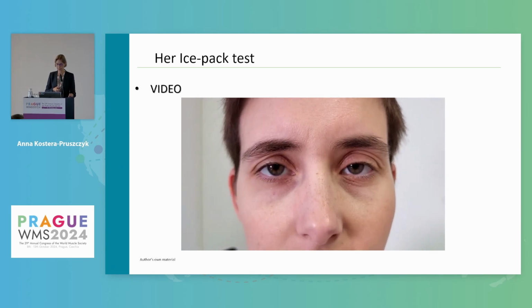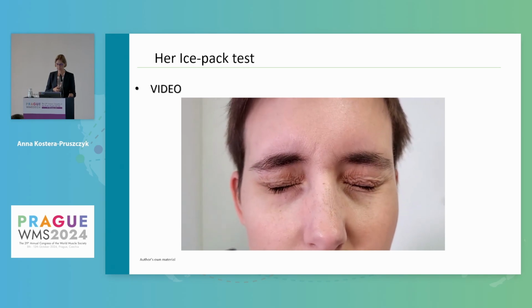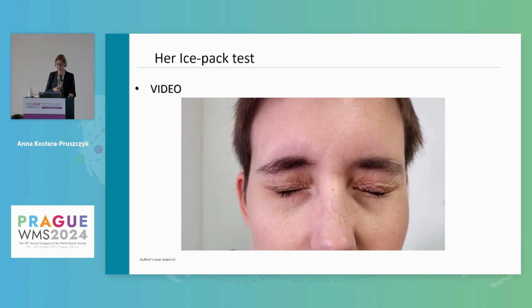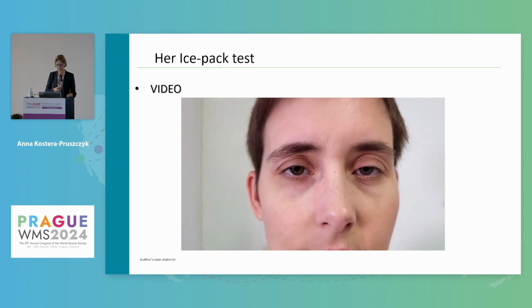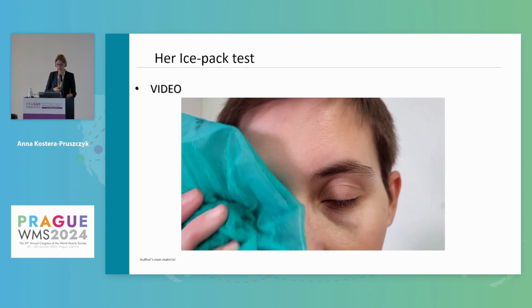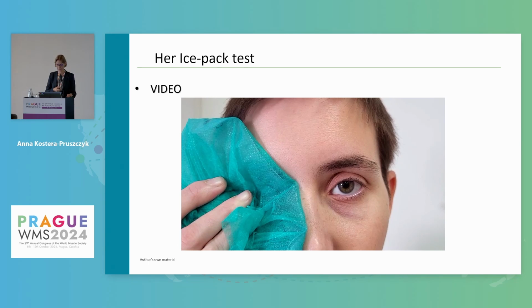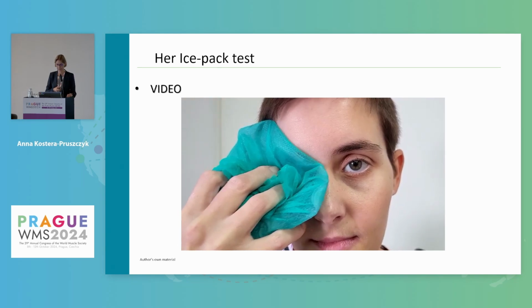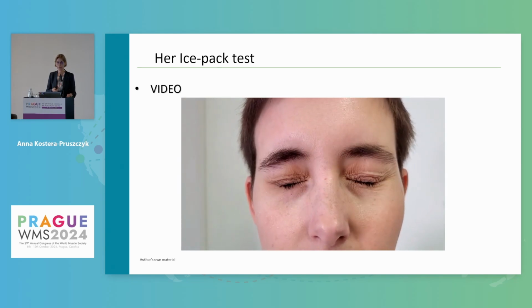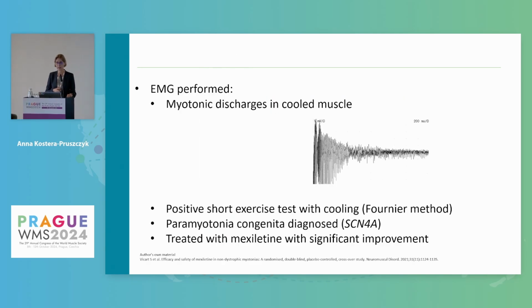She's developing some ptosis. And then we put an ice on her eyelid, and it's definitely worse. So it's not myasthenia. In fact, when we performed EMG in her cold muscle, she had myotonic discharges. She had positive short exercise test with cooling, the Fournier method,